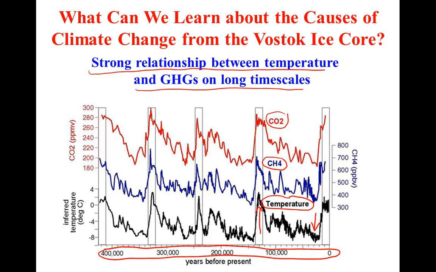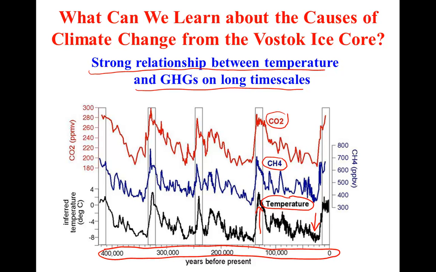Now, you might be tempted to try to determine a cause and effect relationship here. You might be tempted to try to determine which changes first, CO2, methane, or temperature. Whichever changes first implies a cause and effect relationship with the variables that change later. However, the ice core data doesn't allow you to tell which changes first. The reason for that is there is an age difference between the bubbles, where the greenhouse gas concentrations are being measured, and the ice itself at that same depth.